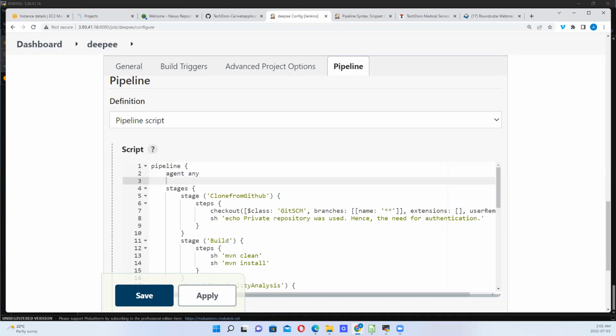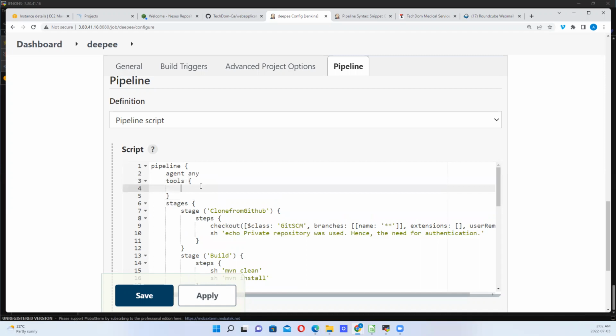We can call this tools, right? We want to select tools. Can say tools. Remember, open your curly bracket and close it, always. So we find ourselves in between. So what tools have we used? Maven. The Maven we used is what? Maven